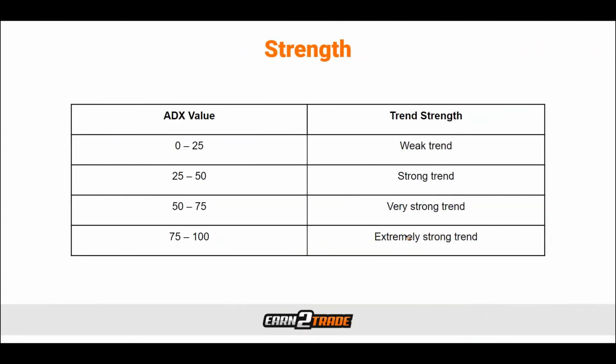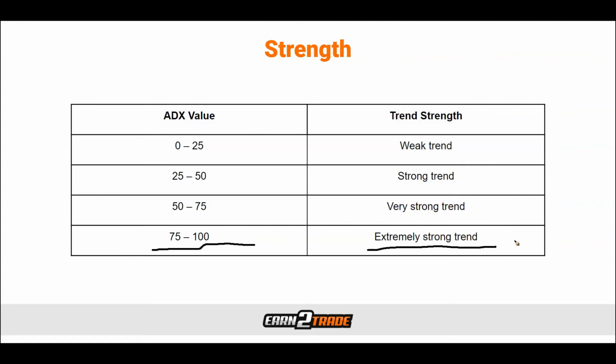With this chart, we can see an example of what type of trends we're witnessing based on how strong or how high the ADX value has risen to. If we're in the 0 to 25 range, we're saying generally that this is a weak trend scenario, but it doesn't mean that there is no trend. At 25 to 50, now we are witnessing a strong trend. At 50 to 75, we're now witnessing a very strong trend, and 75 and beyond is going to be an